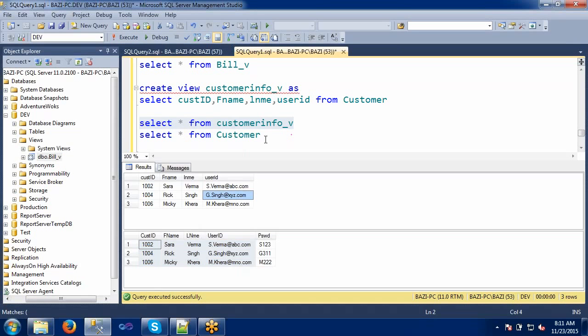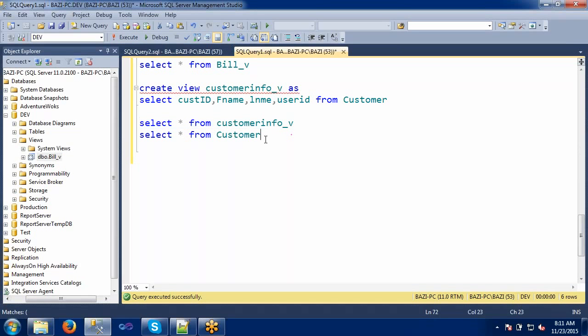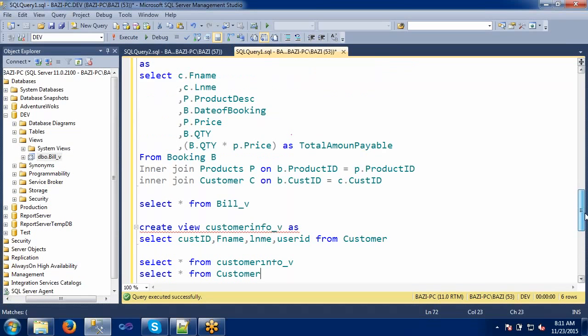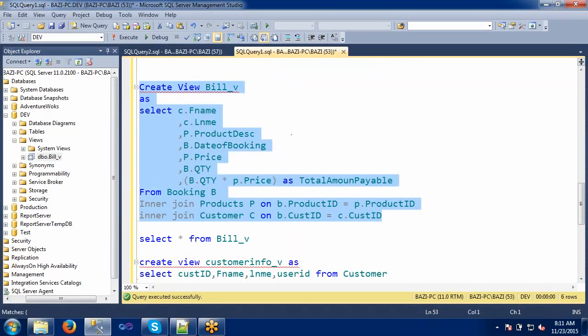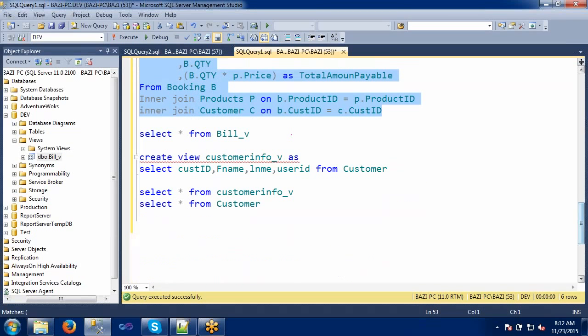See, in the previous example you saw the bill view, right? There I joined three different tables and created one view on top of them. The same way, here I have created one view using only a single table. I am not joining any other table.